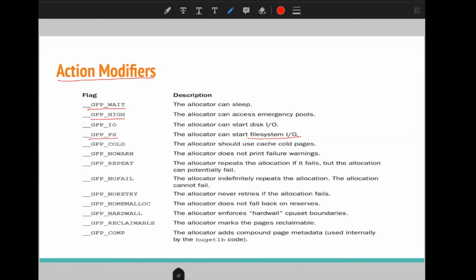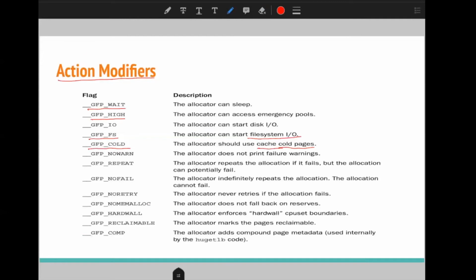Let me discuss GFP_COLD. It is telling the allocator that I need specific pages, and those should be cold pages. Cold pages are free pages that are not mapped into the cache, so it needs those kinds of pages specifically.